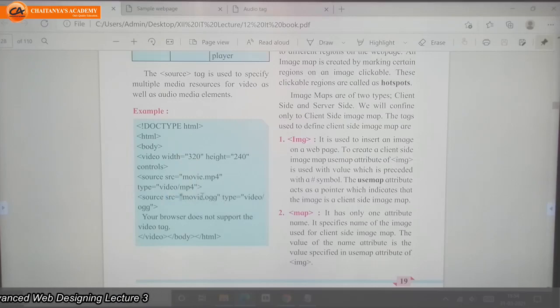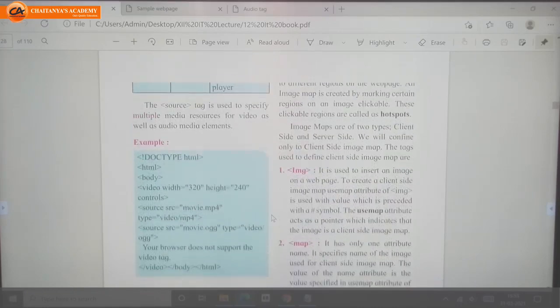In src, we will provide the name of the file. In type, we will write the description of the file, that is video slash the extension of the file.